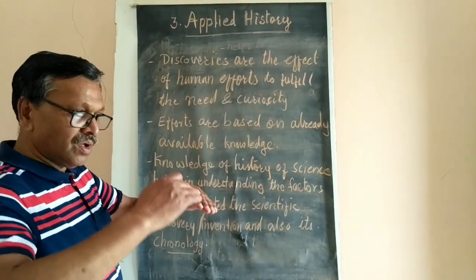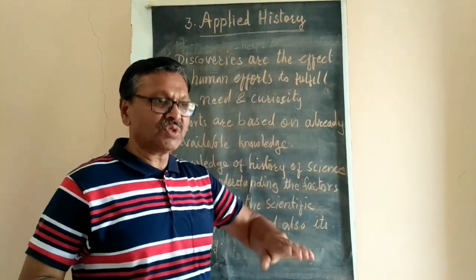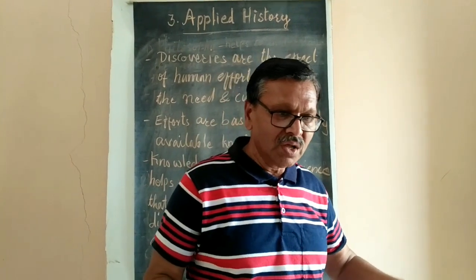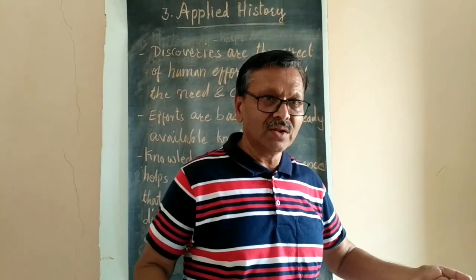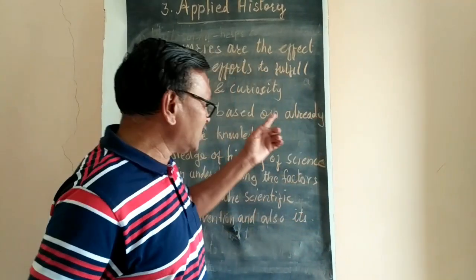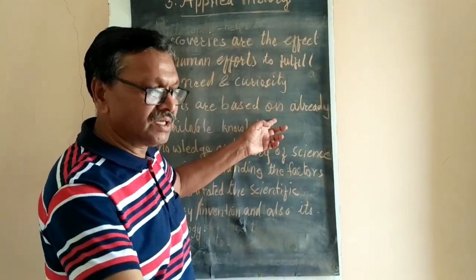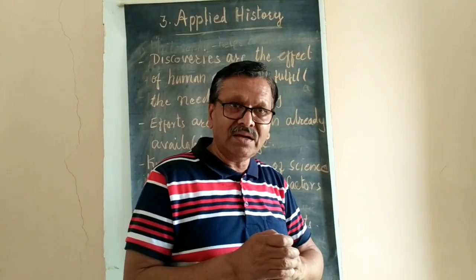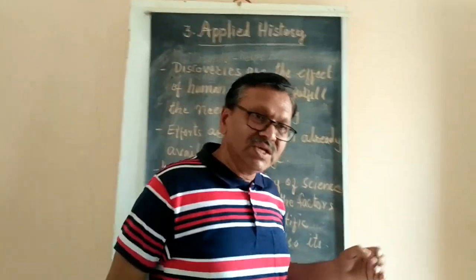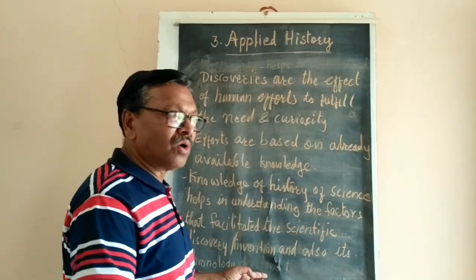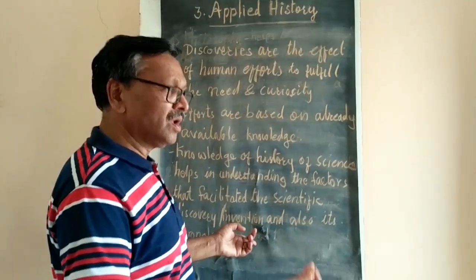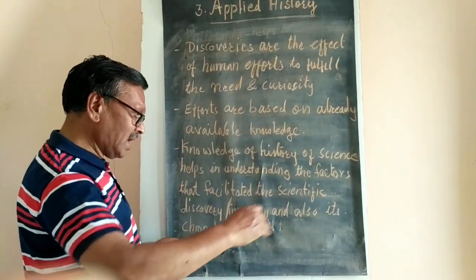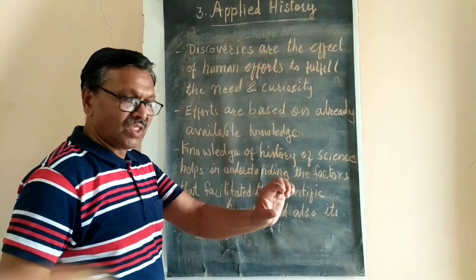important. Suppose we are going to invent, very soon, the vaccine on COVID will be invented. Now, what available knowledge was there earlier? Let us say the BCG vaccine. Then, what else was added in that? And then finally, to control COVID-19 or the coronavirus, the vaccine was discovered. So, in this way, the chronology helps, and finally, the vaccine is ready.